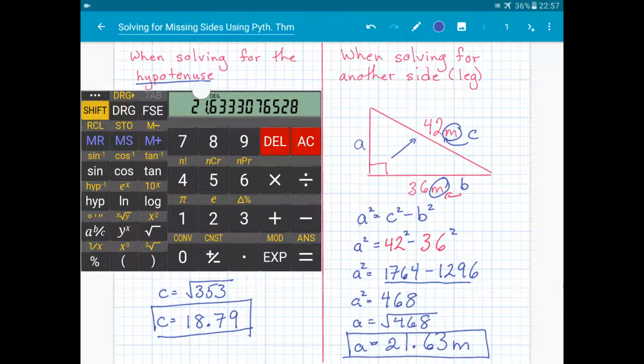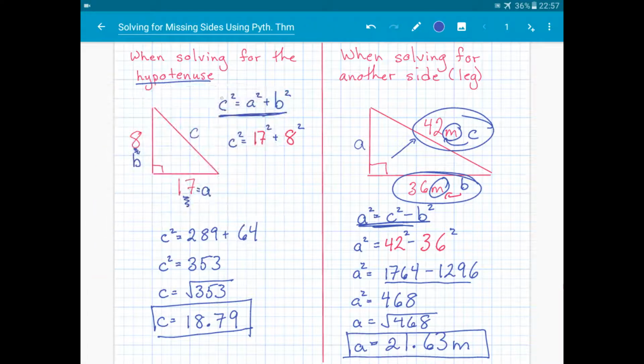So once again, as long as you make the correct decision on which formula you want to use, and you always substitute in the thing that you know the letter is equal to. So in this case, c gets replaced with 42, b gets replaced with 36. If you can do both of those examples, you can solve basically any question